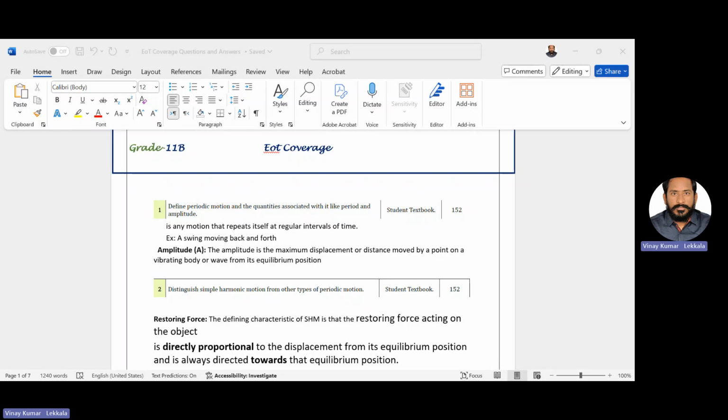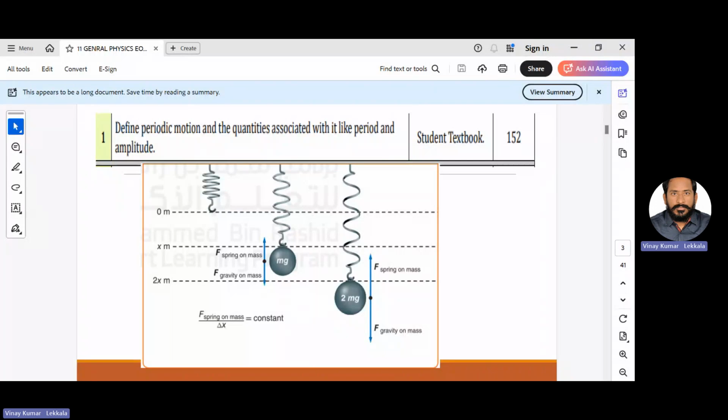So this is the EOT coverage. Let me share the screen. Yes, this is the EOT coverage, general physics. If you see the EOT coverage for physics term 3, 2024-25,